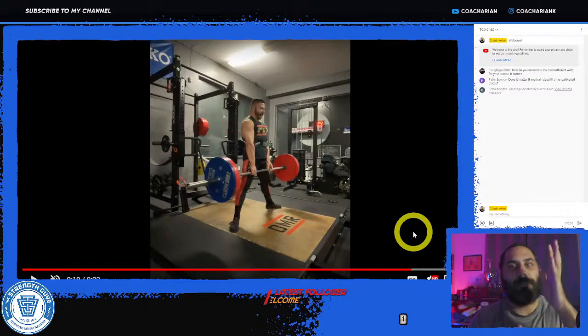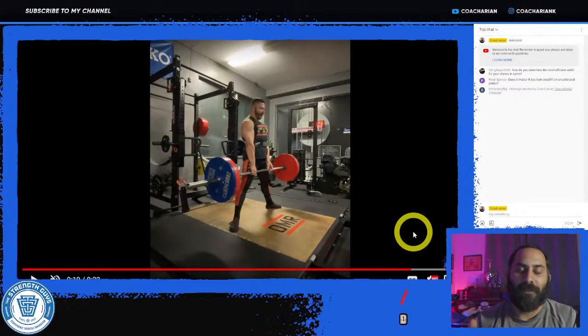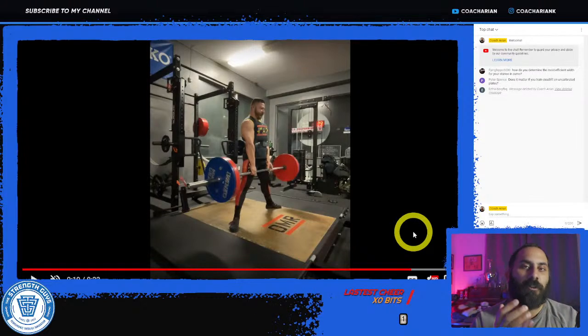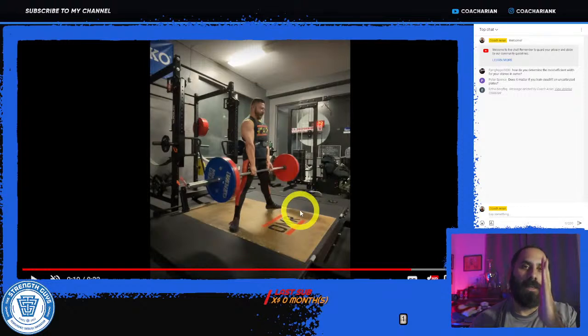So as soon as you drop the hips and try and pull, if anything is off, it throws you out of position. So you have to make sure, taking your time, dropping the hips, making sure you're in a good starting position. Again, having good balance in the feet, and then coming up.